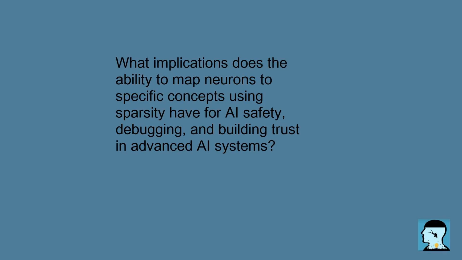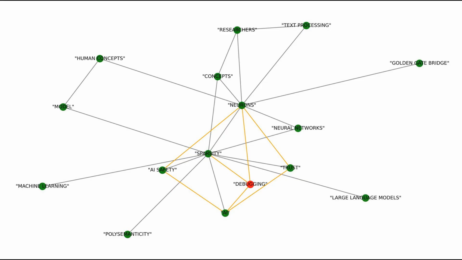neurons. Like, what implications does the ability to map neurons to specific concepts using sparsity have for AI safety, debugging, and building trust in advanced AI systems? The ability to map neurons to specific concepts using sparsity has significant implications for AI safety, debugging, and building trust